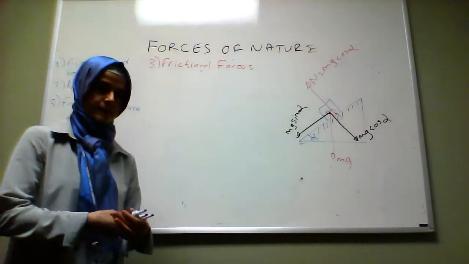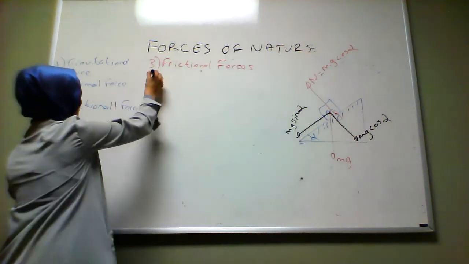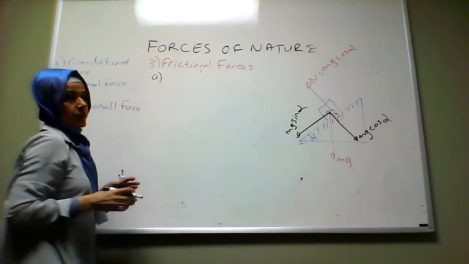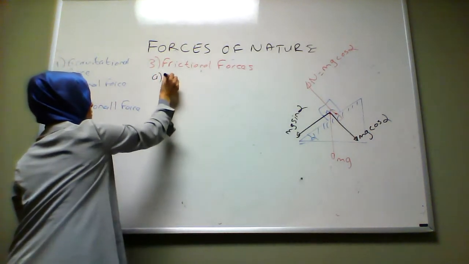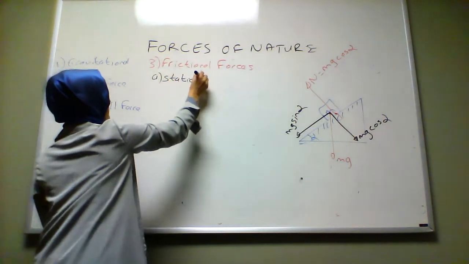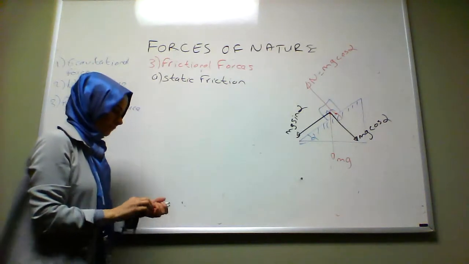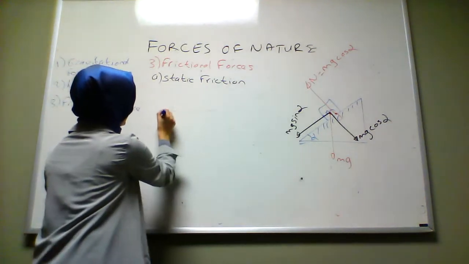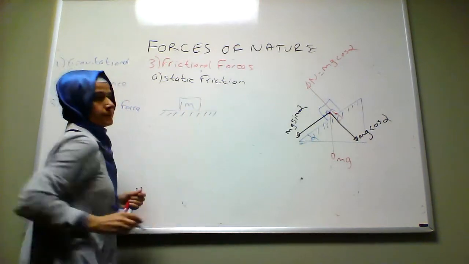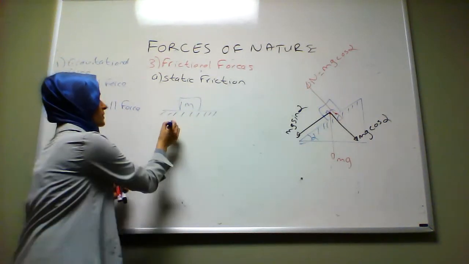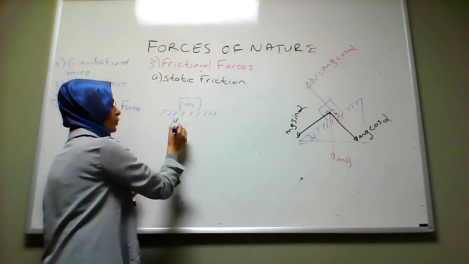So frictional force on a surface changes depending on whether the object is stationary or moving. We will be talking about static frictional force, static friction. If an object is stationary on a surface, and there is a static frictional constant, mu s,